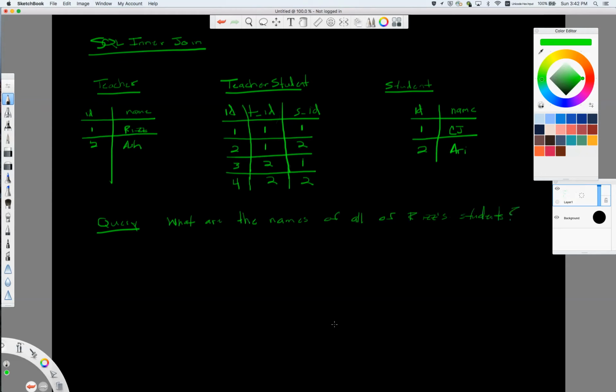So what information do we need to answer this question? So one way to do it is basically to say